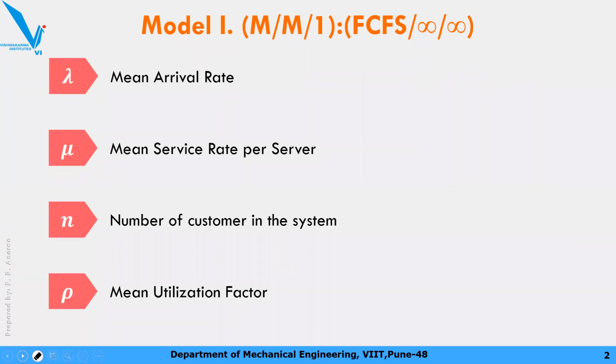And this is the most important parameter you require when you pursue your calculation. Whenever you start a calculation, you have to calculate rho first. First of all, you calculate the utilization factor. Okay. So please note down this formula somewhere, rho equal to lambda by mu, or take the screenshot.